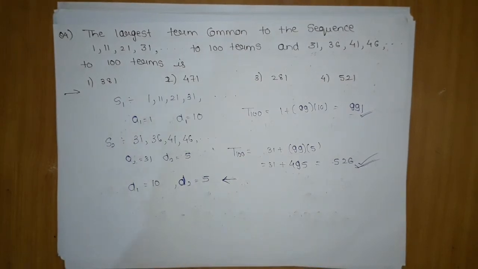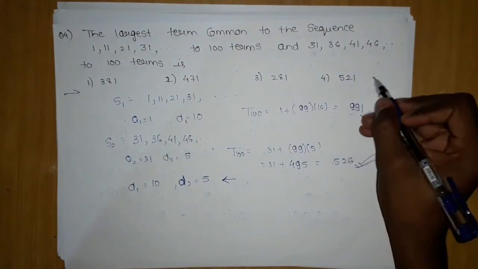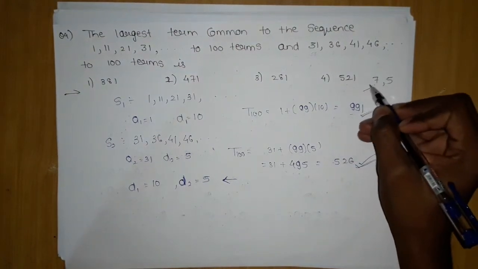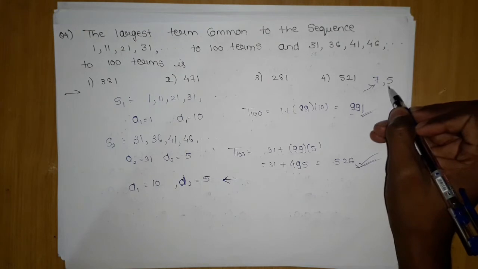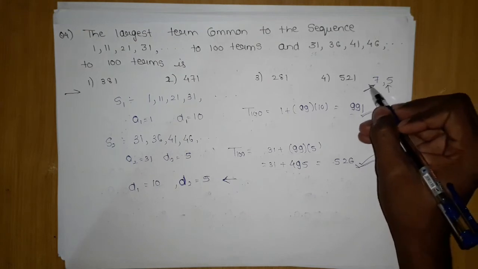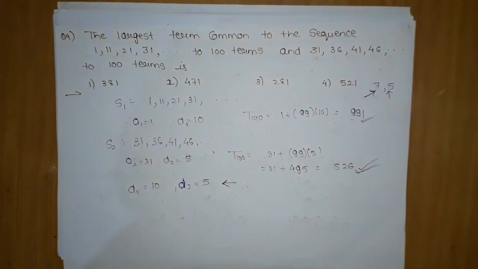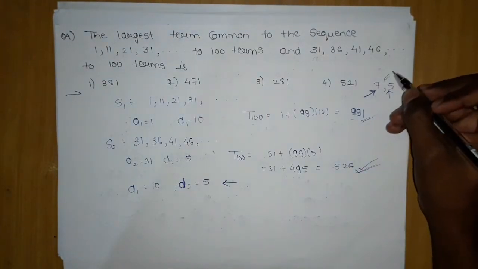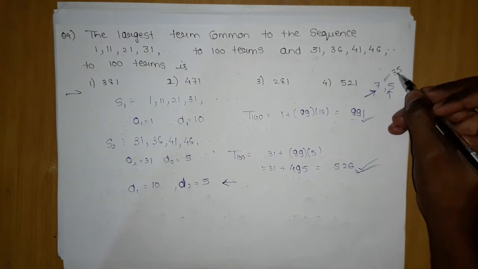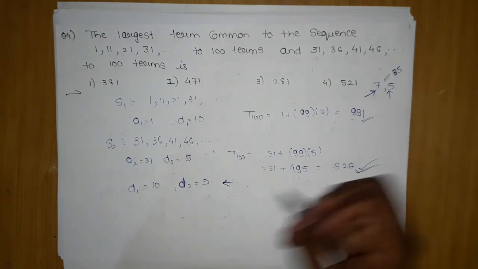If I give you the numbers 7 and 5, I say that one series has a difference of 7, another sequence has a difference of 5, and I tell you to find the LCM, then what will you say? The answer you will automatically say is 35. Okay, fine, no problem. But in this